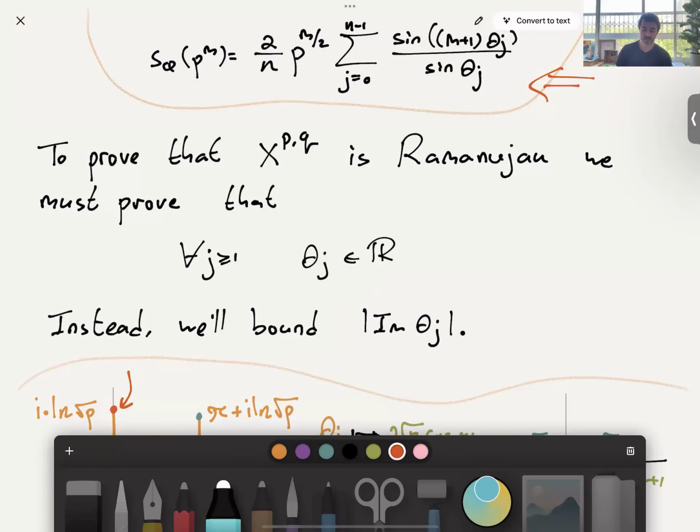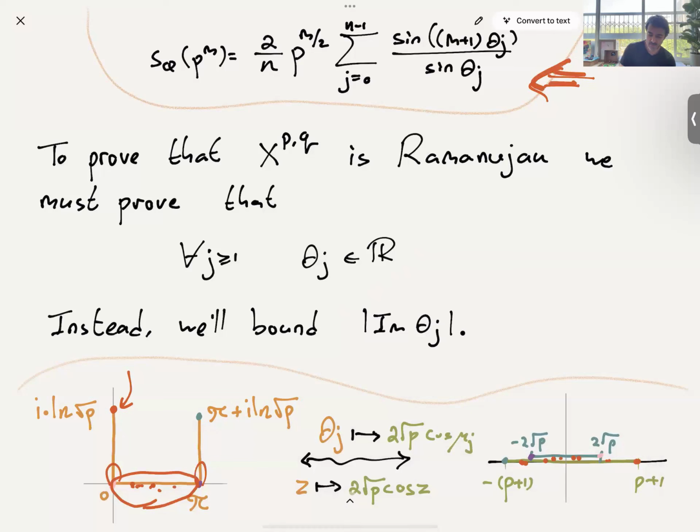So last time we stopped at this point, right? We proved that S_Q of PM, how many solutions you have to this quadratic form Q, is related to the right-hand side, which was essentially the spectral side of the non-backtracking random walks that we analyzed. And we said that in order to prove that the graph X is Ramanujan, we need to prove that,